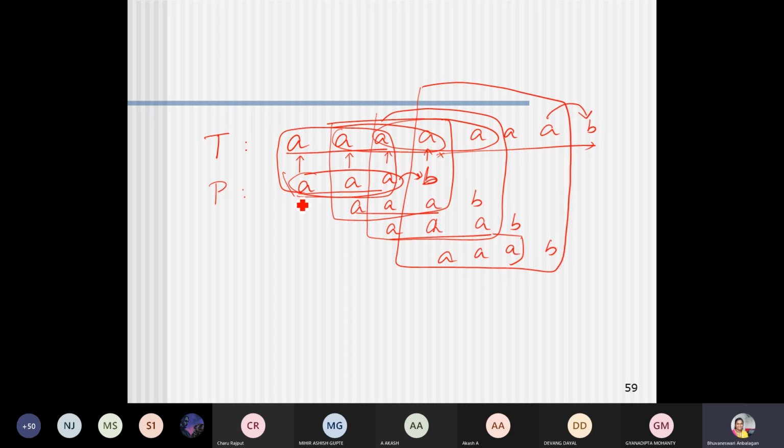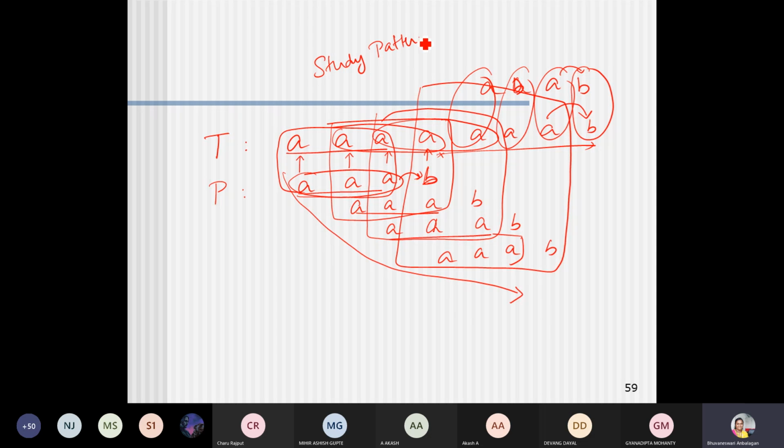So instead of moving through all this way, what I can do is I can simply go and place my pattern over here, where I can find this particular A, which is ended with B. So here is a match, here is a match, and here is a match. This is how it will study the pattern on the upcoming, forthcoming text. It will match exactly with the pattern and check the pattern, and it will return the result of where that particular text is available. So this is the basic algorithm behind the KMP algorithm.